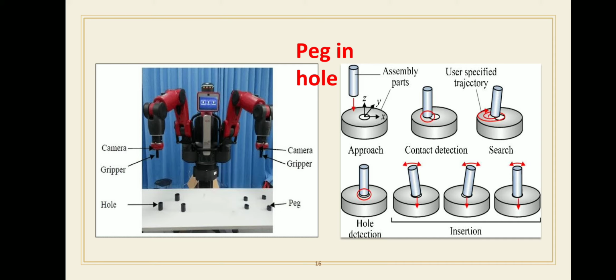Hole on peg is another part mating method. This is a variation of the peg in hole task. A typical example of hole on peg is the placement of a bearing or gear on a shaft. Multiple pegs in hole is the third operation. This is another variation of peg in hole, in which one part has multiple pegs and the other part has corresponding multiple holes. An example would be the assembly of a microelectronic chip module with multiple pins into a circuit card with corresponding holes.